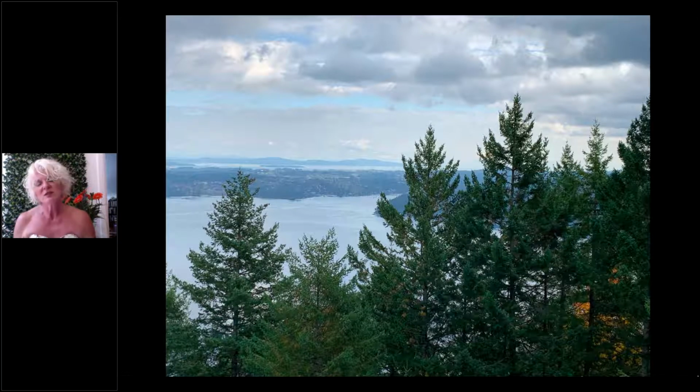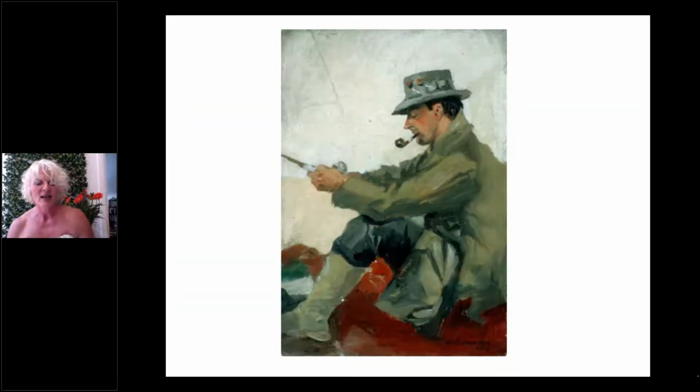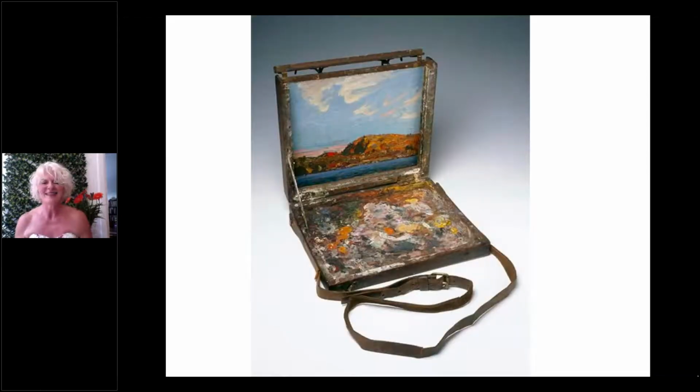But Thomson comes here for the first time in 1912. And this is a painting done of him from that first trip by his friend, not A.Y. Jackson, but a different Jackson, Ben Jackson, who he went on this trip with in 1912 to Algonquin Park. Now, what he went there with, this is very famous, is his sketching kind of travel bag that he took with him.